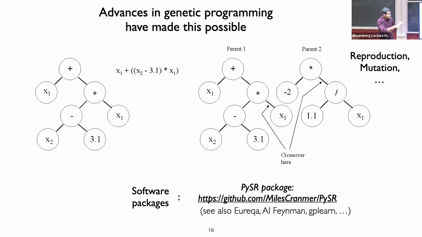So recently people have tried to use genetic algorithms to speed up the search for equations like these. So you have things like reproduction, where two different equations you can merge together. For example, you are merging particular parts of the two structures. You can have mutations, you can have crossovers. And I think because of these things, you can now use algorithms like these in real life problems or data sets. There is still a long way to go, but I think the development in recent years has been promising. So we use one of the packages which was written by Miles Cranmer at Princeton called PySR.